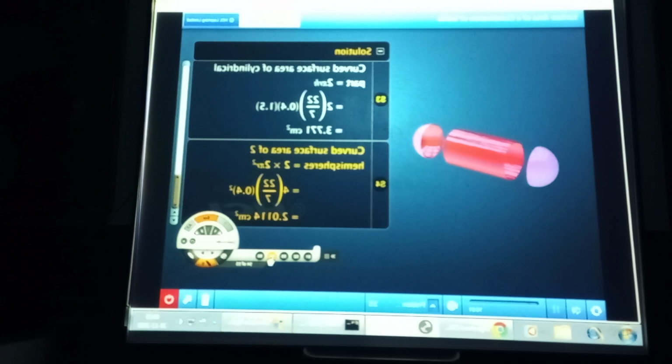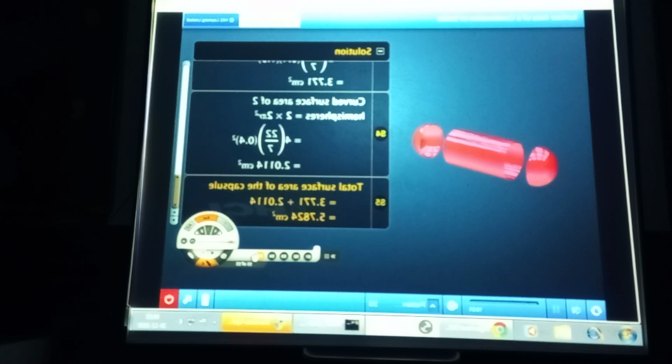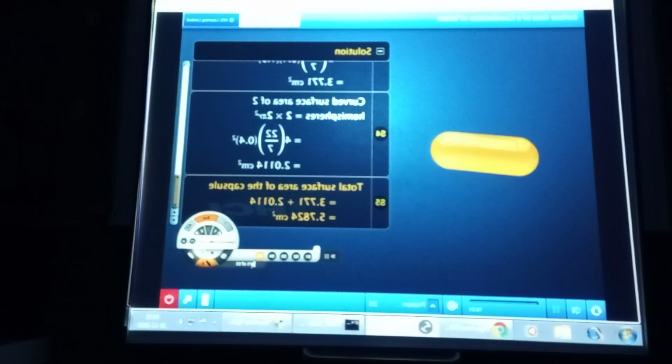Then we find the curved surface area of the two hemispheres. हेमिस्फेयर जो साइडों में हैं इसके, उनका फाइंड आउट किया। Now we add all the curved surface areas to find the total surface area of the medicine capsule. इनको प्लस कर दिया। देखिए ध्यान से सम।